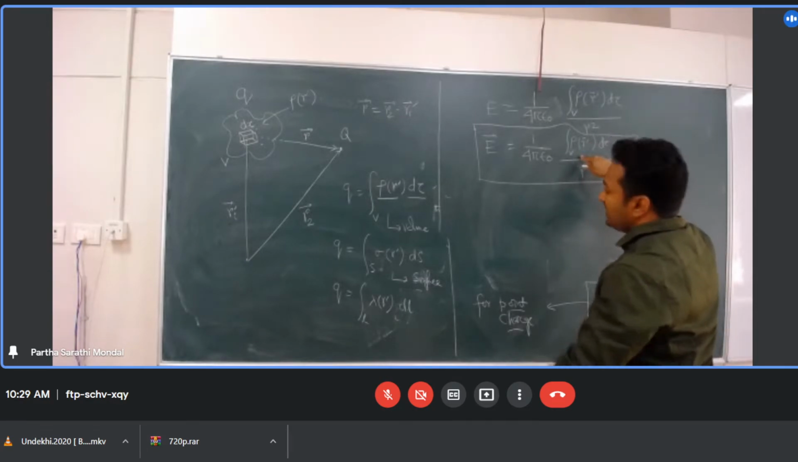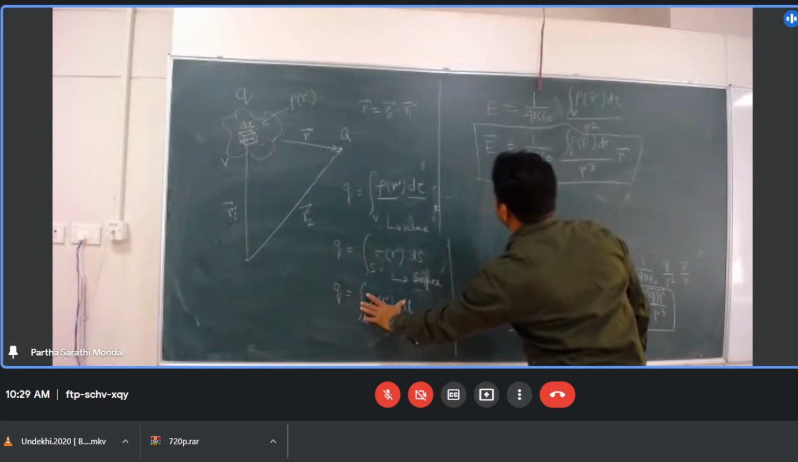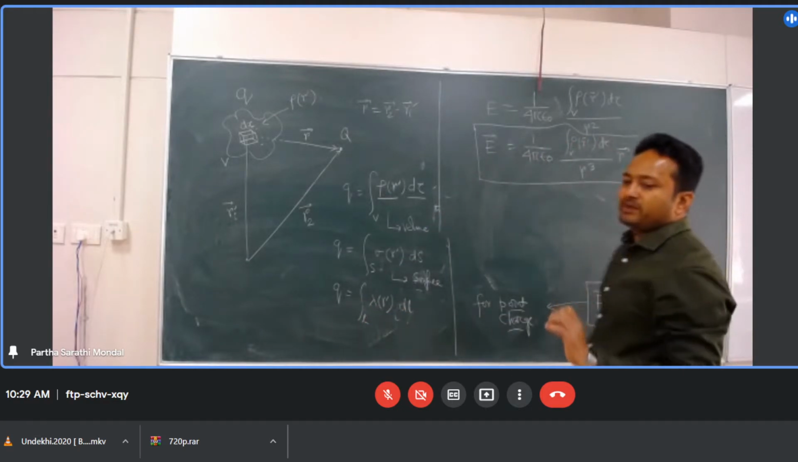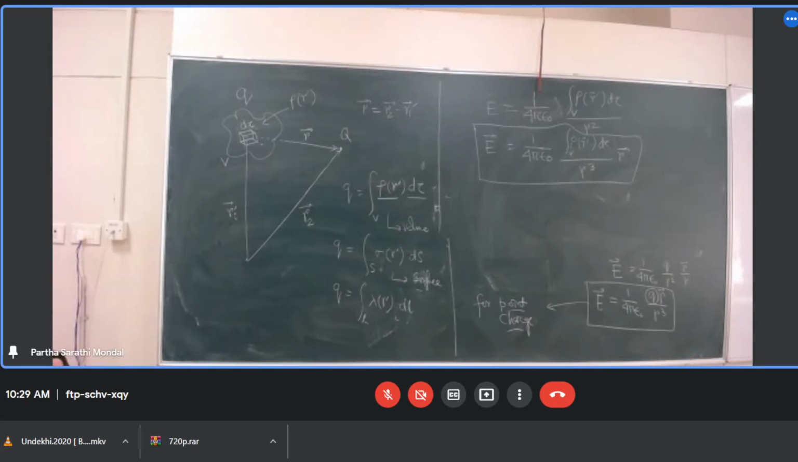सरफेस के लिए क्या होगा, ये आ जाएगा इधर, लीनियर के लिए क्या होगा, ये आ जाएगा इधर। समझ में आ गया? Yes, sir. ओके, वेरी गुड। Yes, sir. ओके, सो नाउ